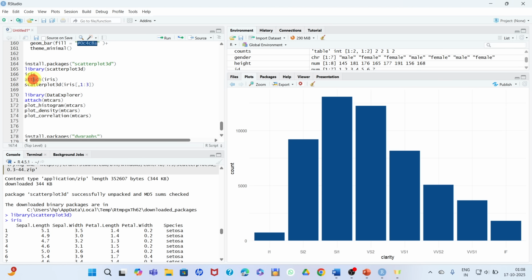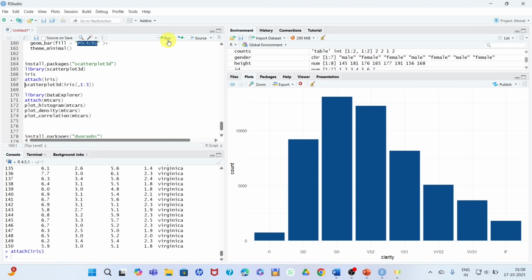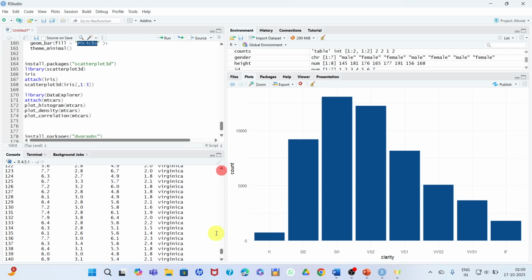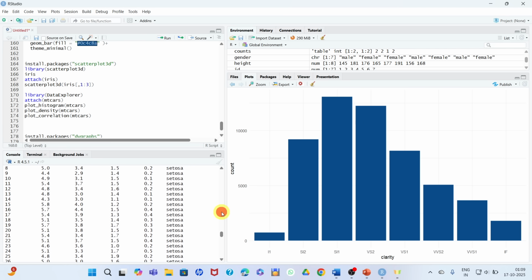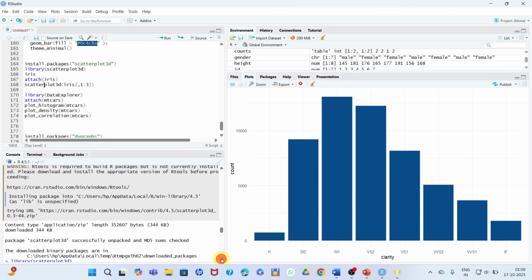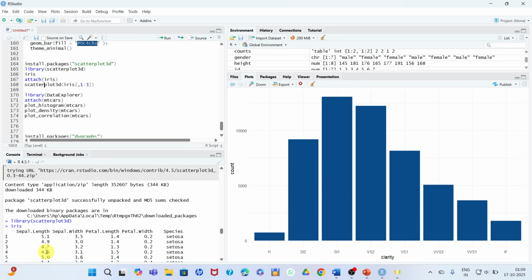Let's attach this file, activate it for the command. The file is attached, and this is the command scatterplot3d. The file is iris and 1 to 3. Let's run this. 1 to 3 means we have taken 1, 2, and 3: sepal length, sepal width, and petal length.